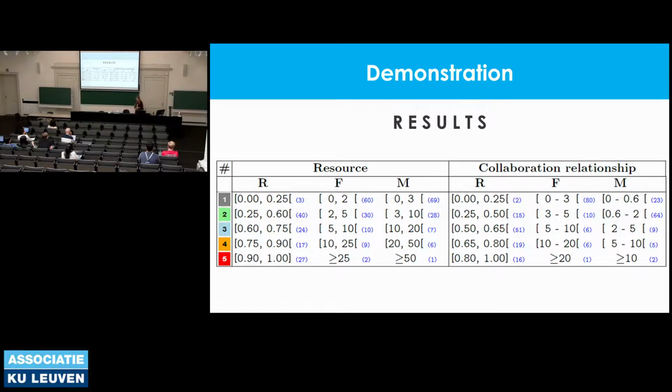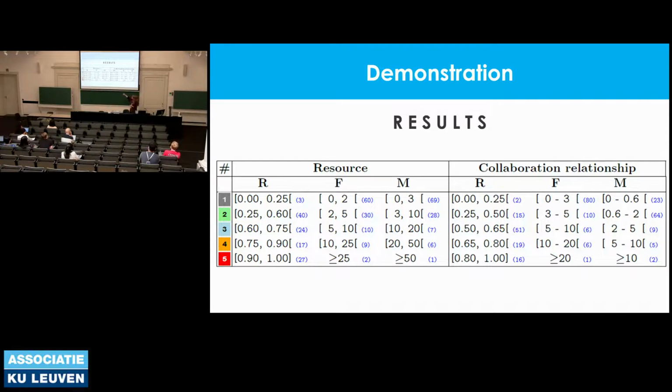Now, traditionally in the marketing field, it is used for customer segmentation. So this means you have different ranges of these dimensions, and they are segmented in this case from 1 to 5, so segment 5 would be the most recent or the most frequent and so on. And for example, some sneak peeks of things you can see here.